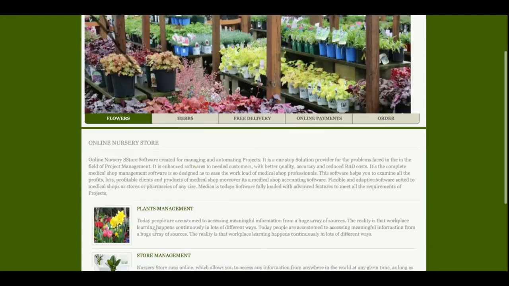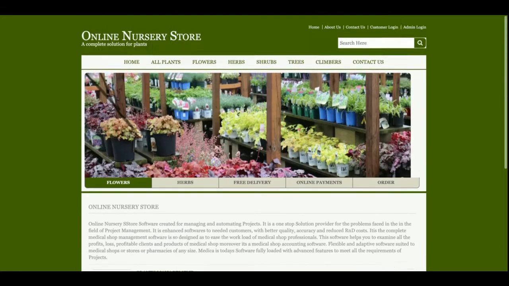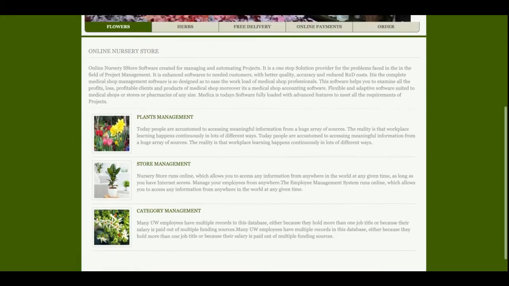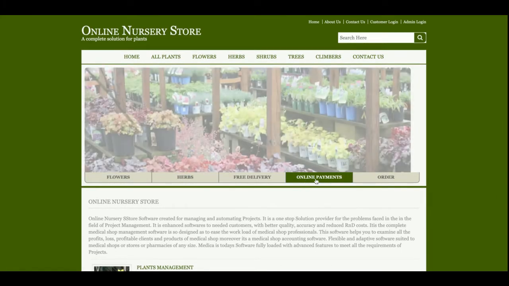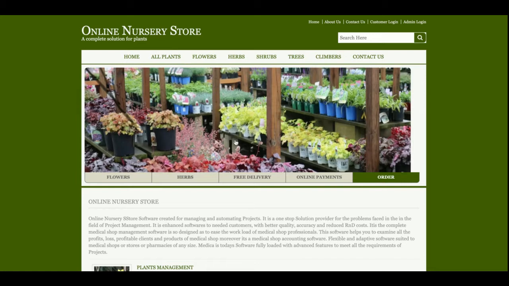This is the home page of the project. You can see this is a simple home page, and there is nothing dynamic on it. It is a totally static page. This is the slider, right? If you want to change the images, just replace them in index.html, and the sliders will change. And this is the home page.